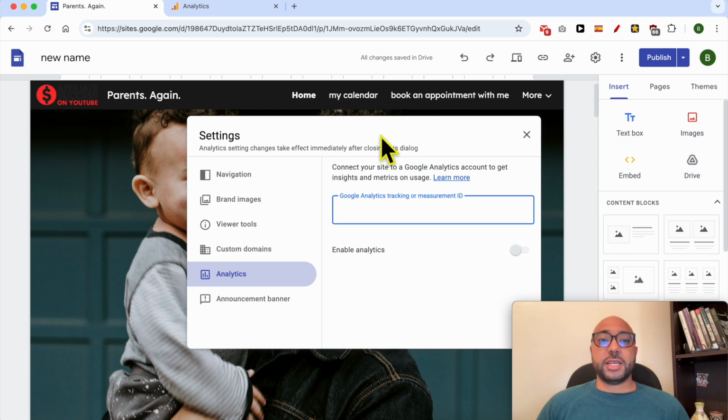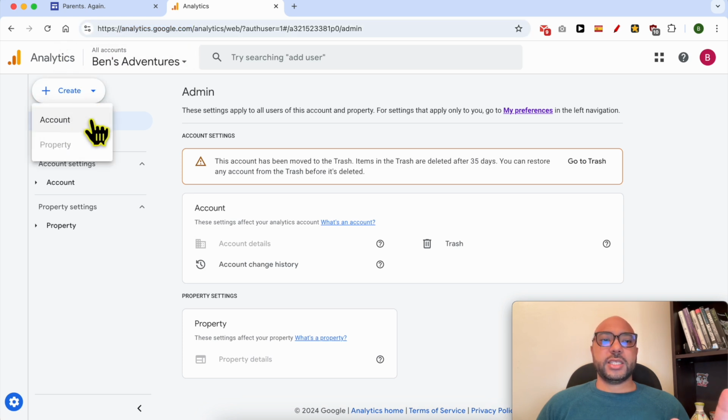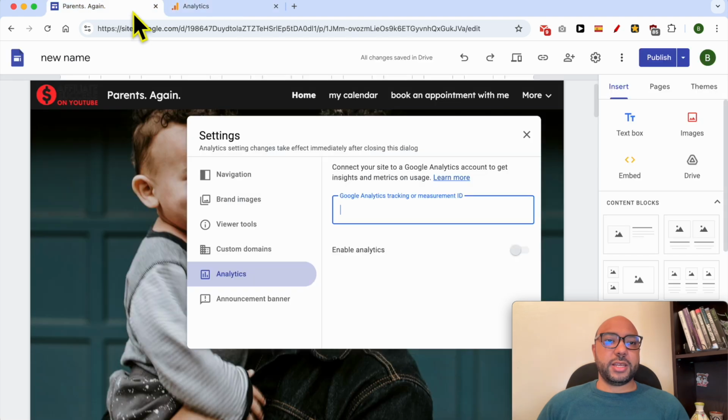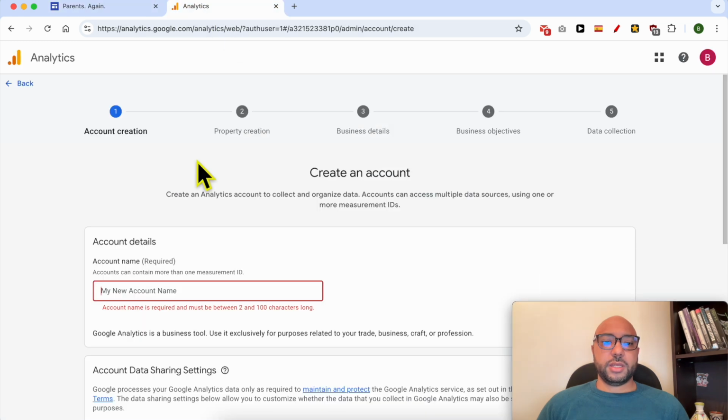To get this ID, simply go to analytics.google.com, then click on Create and select Account. Now fill in your account name. For example, what is the name of this website? Let's use the custom domain benstestinghosting.com. Let's give it this name, Ben's Testing Hosting,